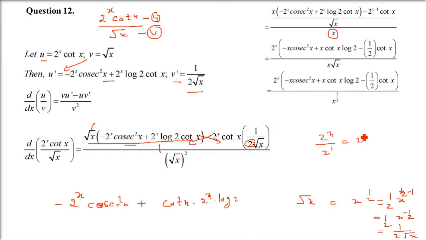So 2 raise x, 2 raise 1. I can take 2 raise 1 in the numerator. So 2 raise x minus 1 it will be. That is why we have written 2 raise x minus 1, just for the time being. Now we can easily multiply root x, that is going to be x. So this is minus, and the total is divided by root x. Now root x can be taken below, it will be with x. So x root x in the denominator.